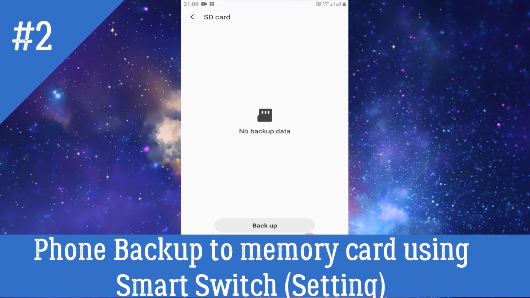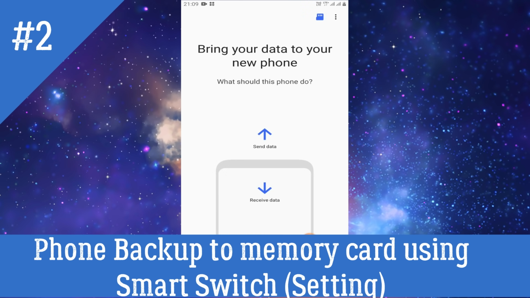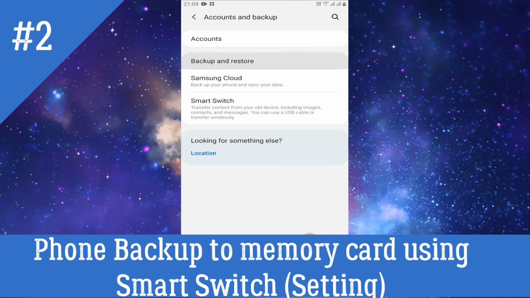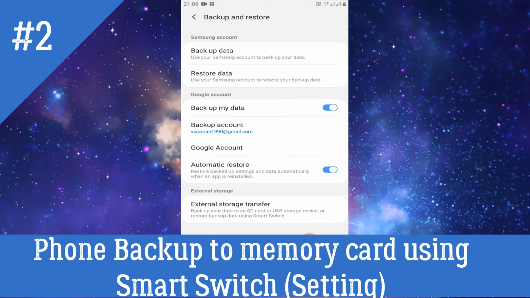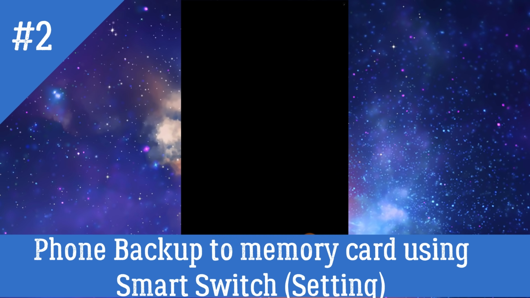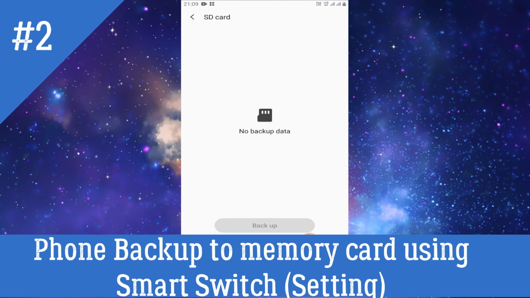Now I already inserted one memory card in the mobile, so it is showing the backup option. I'll show it again. I went to backup and restore, then the last option external storage transfer, click on that, then it will show the backup option.